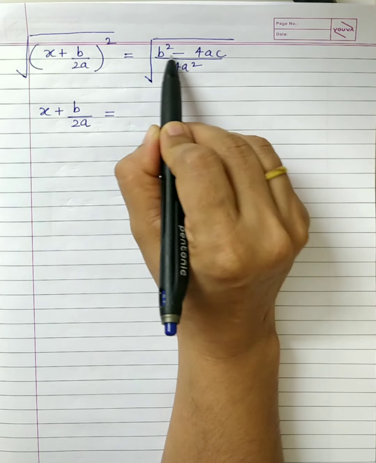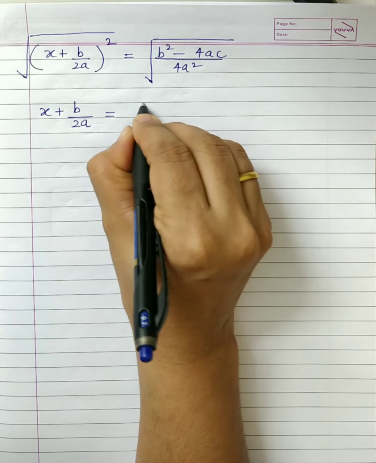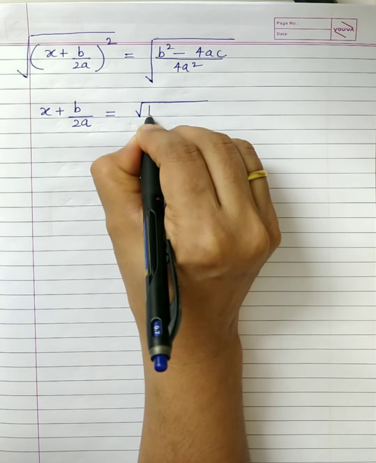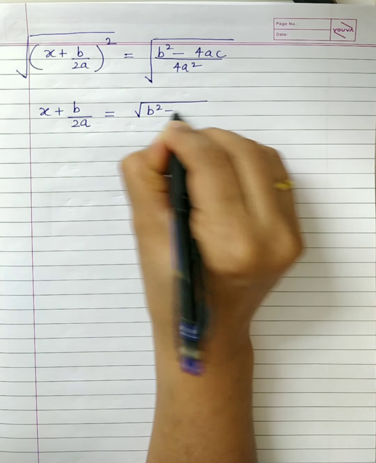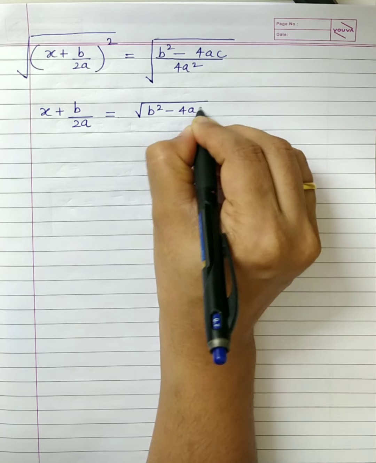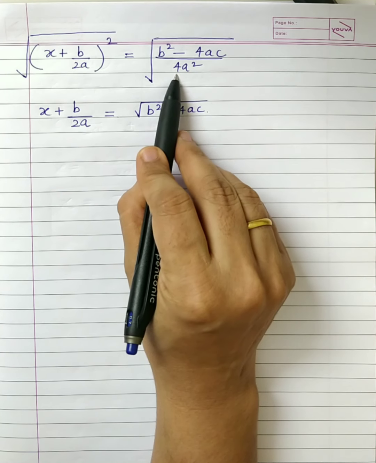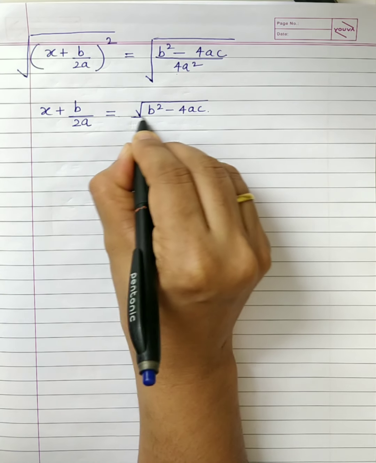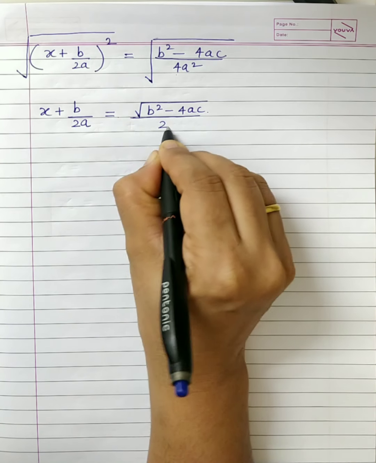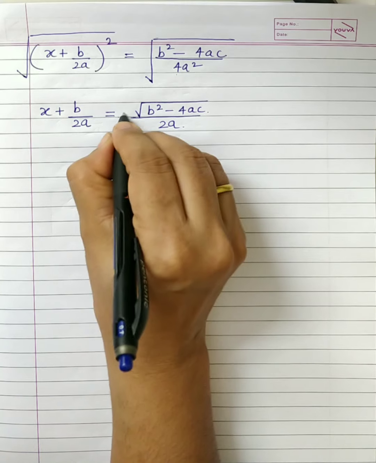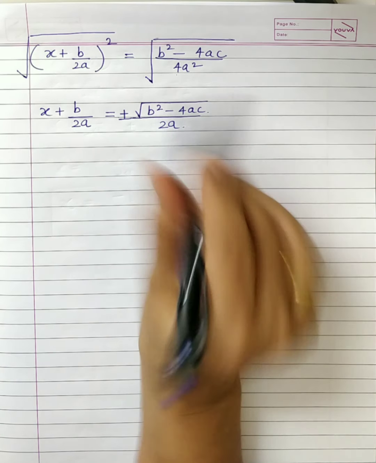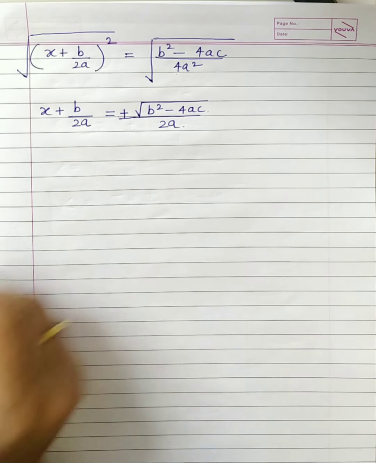We do not have any idea. It may or may not be a perfect square right now. It depends fully on the values of a, b, c. So you will be writing it as root of b square minus 4ac, right? But 4a square is a perfect square for any value of a, right? So this can be written as 2a. Since we have found the square root, so it will be both, right? Plus minus. Root of any number, it will be positive here, plus minus.